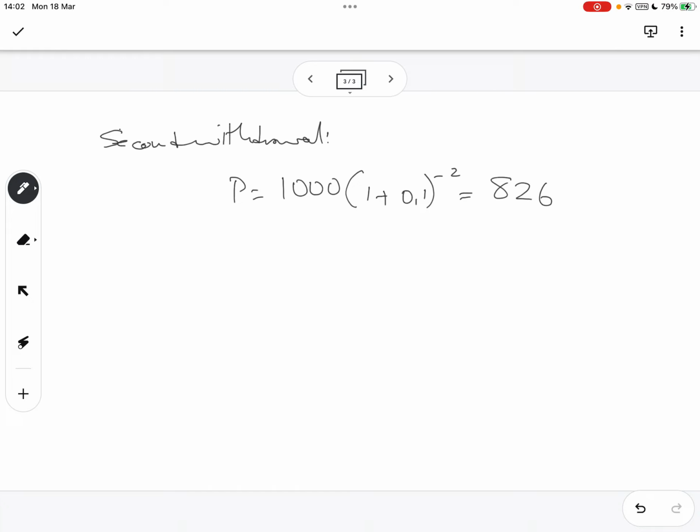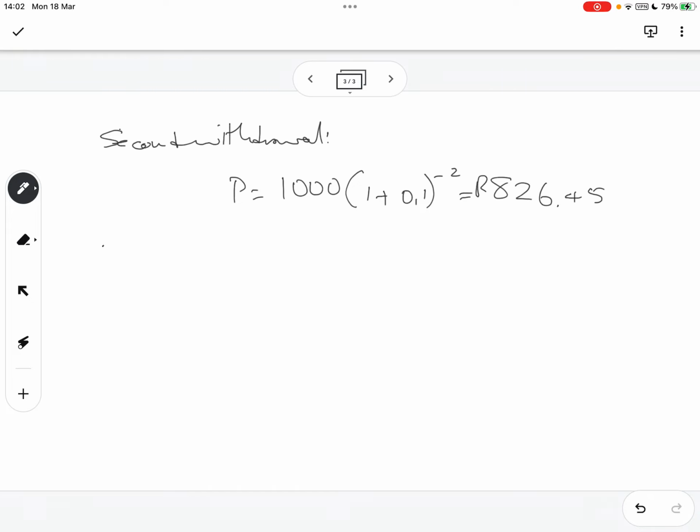So let me repeat this calculation again. Repeat the calculation to determine how much must be deposited for the second and third withdrawals. So for the second withdrawal, P equals 1,000 times 1.1 to the power negative 2, and this gives us